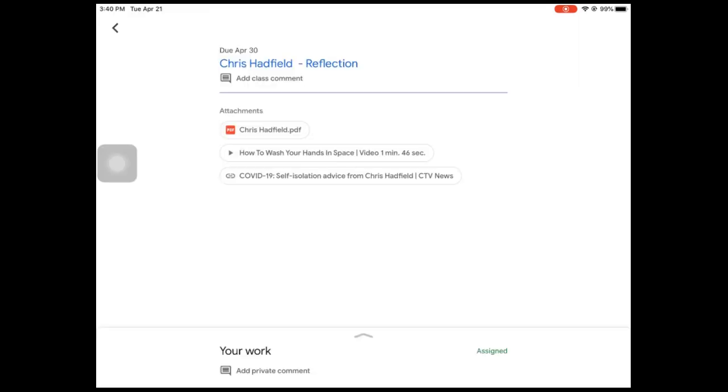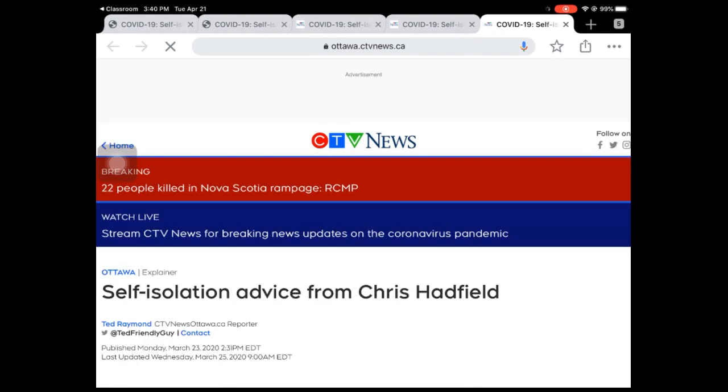Another option could be the pulling down with two fingers option. So if we pull down from the top,